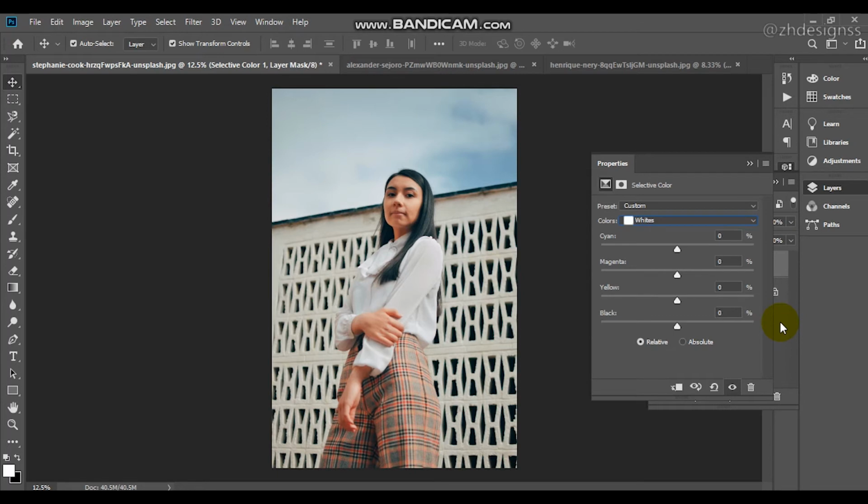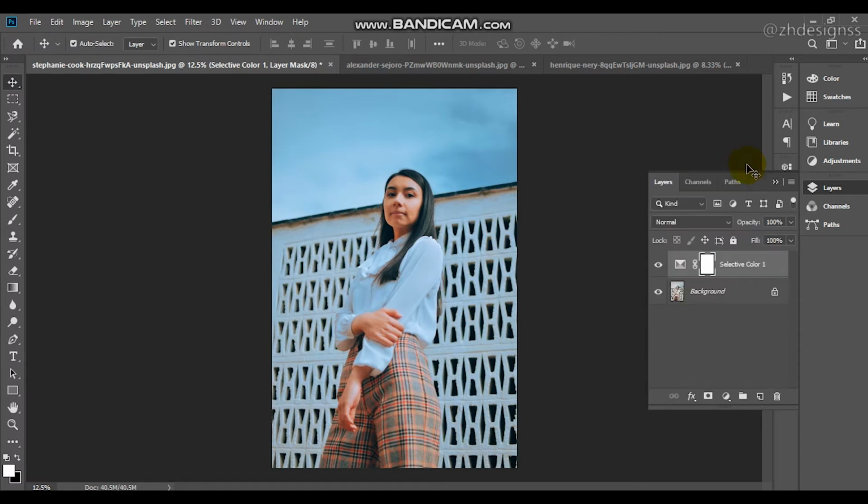Oh yes, here is the white. You will check the difference over here. In white I will increase cyan. Oh my god, you can check. As you can see, there is a yellowish color in this white, so I will decrease the yellow over here. Basically it is also creating a cyan and cool look at the same time. Increase a little bit of your black over here. Next are neutrals. I am not going to adjust the neutrals and black over here.